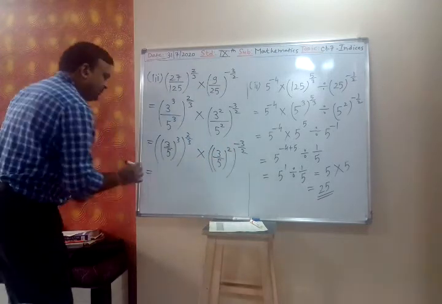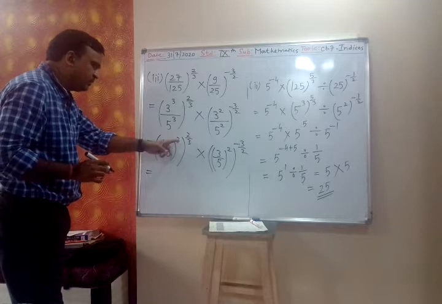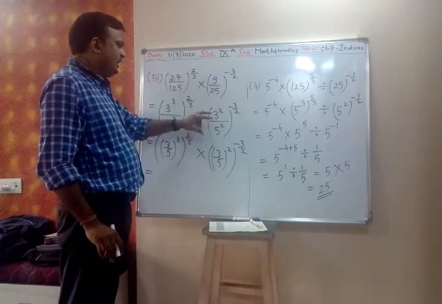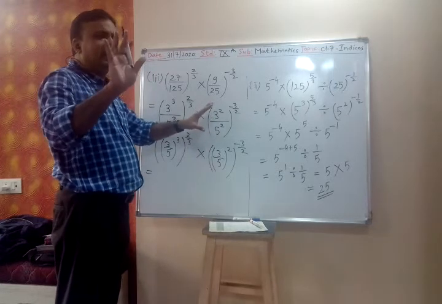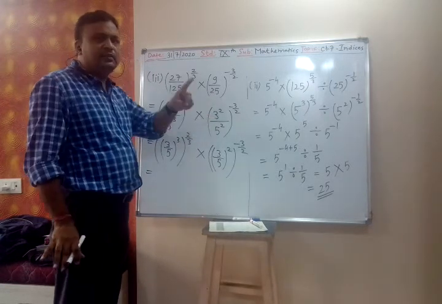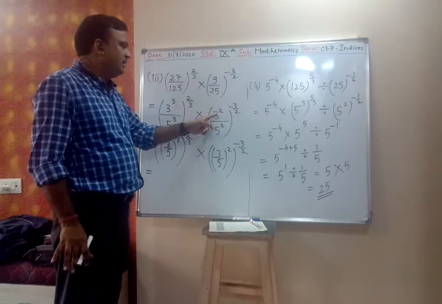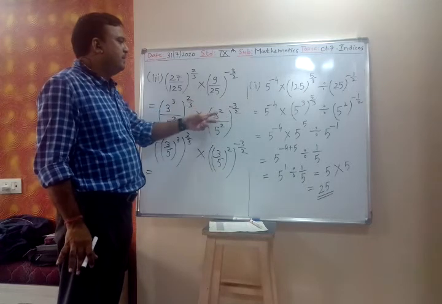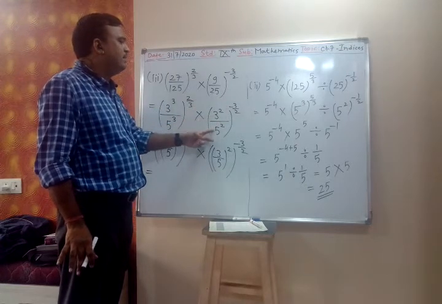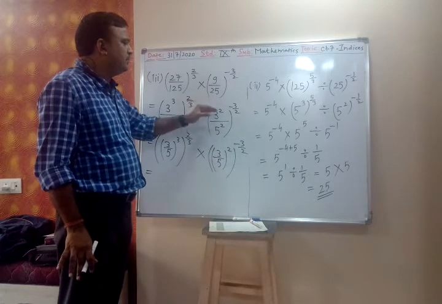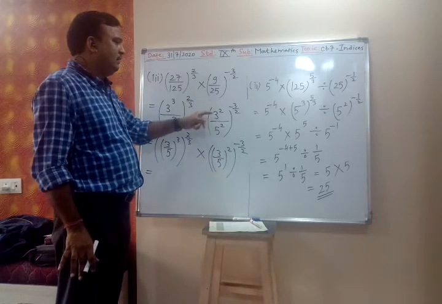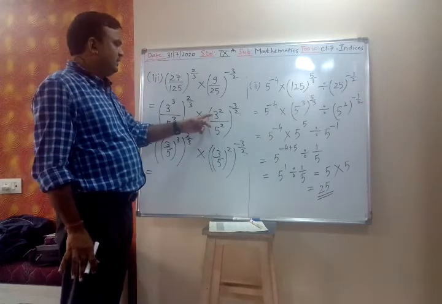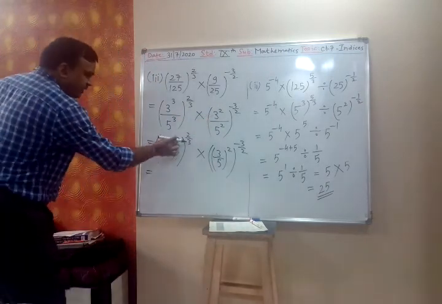So now we apply 3 upon 5. See, I will advise you. You can take the reciprocal if there is no power. If it is only 3 upon 5, then you take the reciprocal and the power becomes positive. But here 3 and 5 are having power 2. So I will advise you, don't take the reciprocal in the beginning. If you do, no problem, you will get the answer. So now power raised to power,